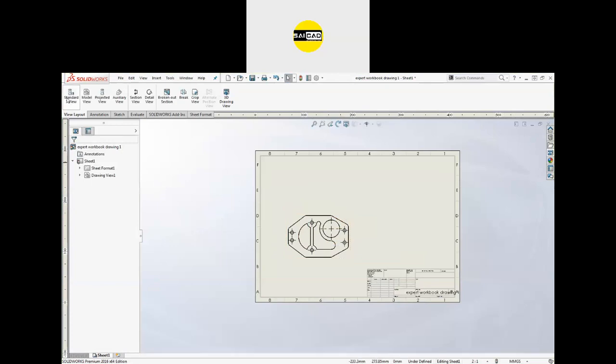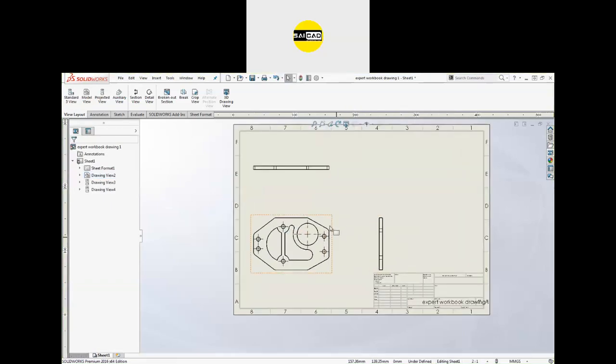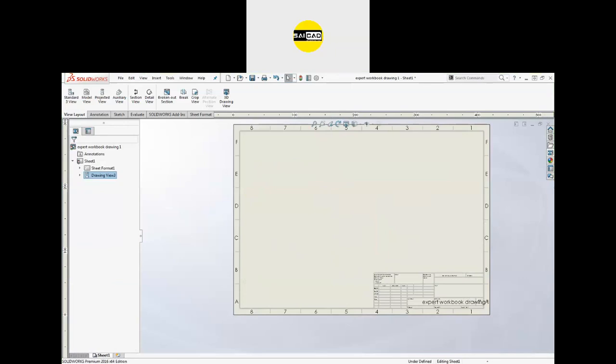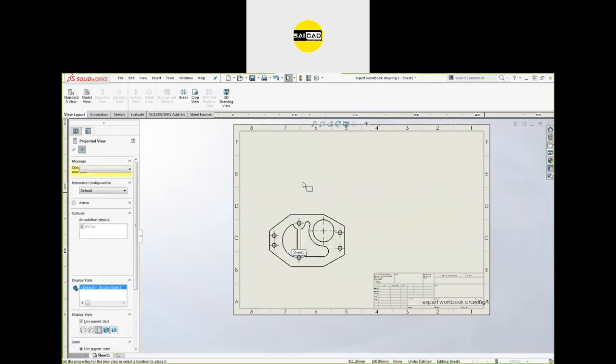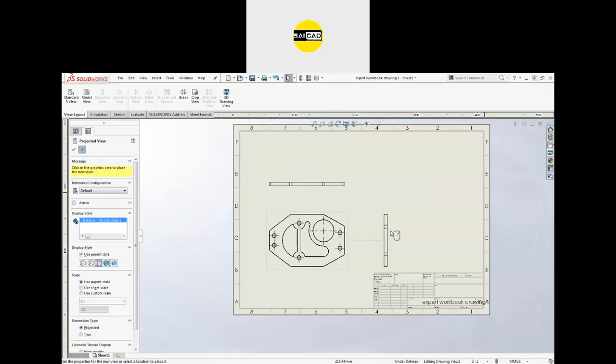You can see we have some views options here, that is the three standard views. If I click here, there will be three standard views of this component. Click OK and you will see the three standard views are inserted directly here. Or if you want to define everything manually, you can just go here and drag the view like that. Now you can see we have the next view here. We can create any view, any size you want.